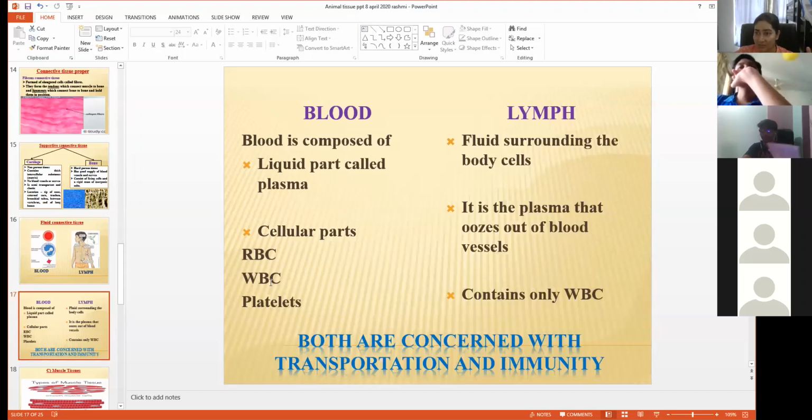The WBCs, students, are made up of different kinds of cells, and all these cells help to give immunity and help in fighting infection. And the platelets are called the blood clotting factors. They help in the clotting of the blood. Whenever there is a cut on your hand or your leg, it gets healed. Why does it get healed? Because the platelets immediately rush to the portion where there is a cut and seal off that portion. This is how the blood stops oozing out from the cut.